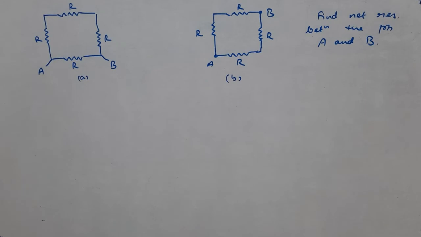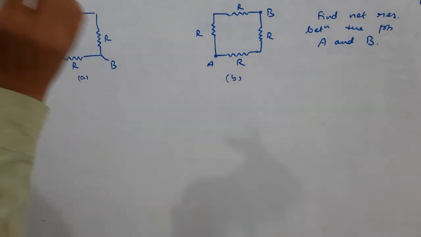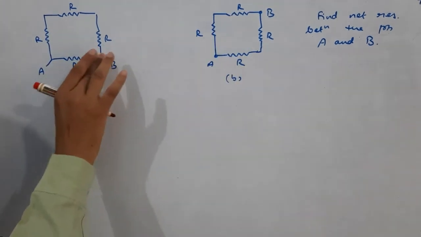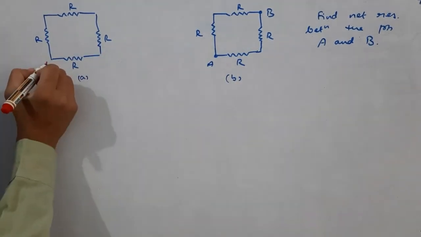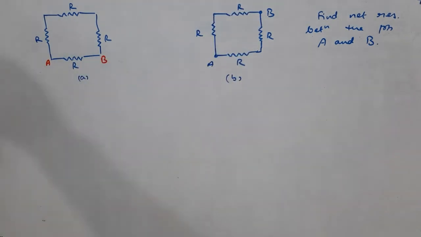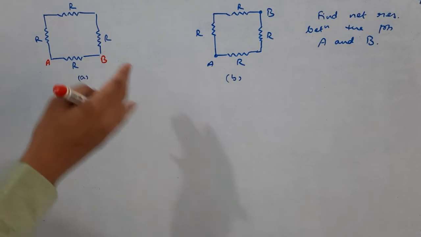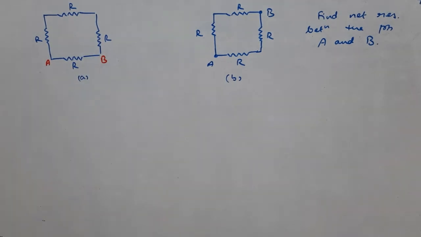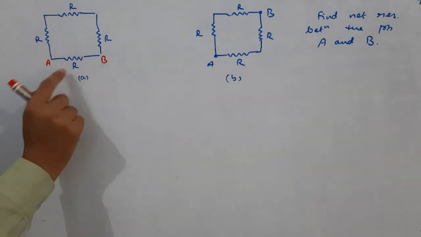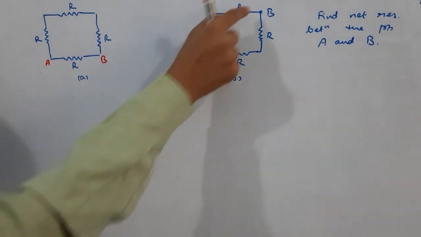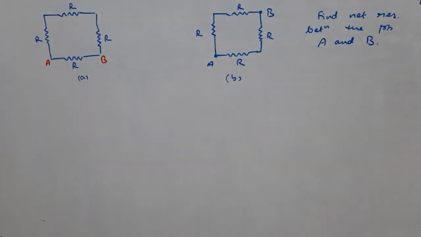Now before I proceed further, let me give my last remark. Just looking at the figure, don't confuse series and parallel. Last class also I discussed a similar example. But for beginners, it's a difficult task, a haunting task. That's why I am discussing this particular thing. See, these two figures look very much identical. Suppose these lines I will remove and I will just write A and B. Here A and B. They look like a square. They are having 4 resistors. So it looks completely the same. But you have to find the net resistance between the points A and B. The A and B are the vertices of an edge in the first figure and of the diagonal in the second figure. The answers will be different in these two cases, students.